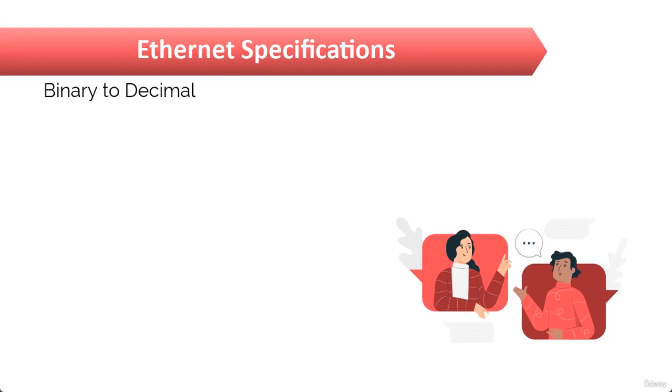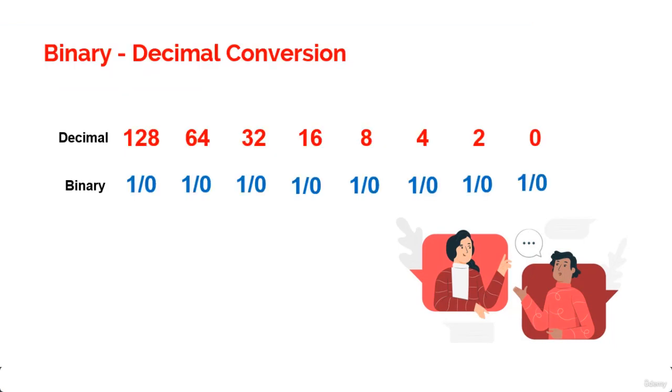Now, understanding the differences between binary, decimal, and hexadecimal numbers and how to convert one format into the other is very important before we move on to discussing the TCP/IP protocol. So, let's get started with binary numbering. It's pretty simple. It is really simple.